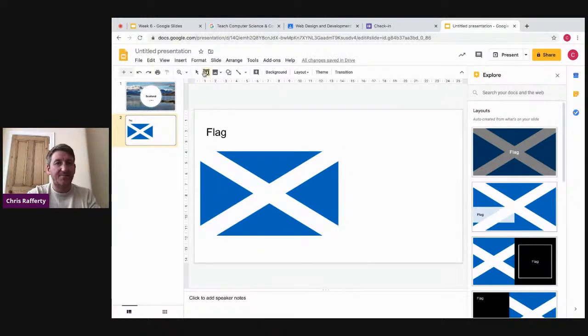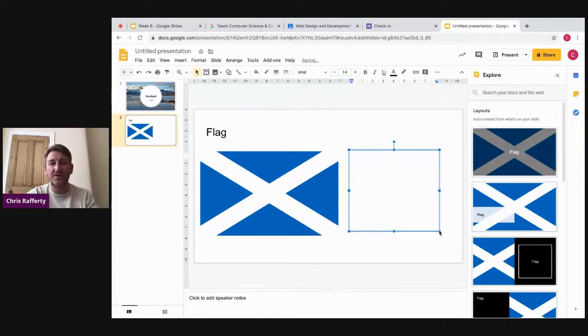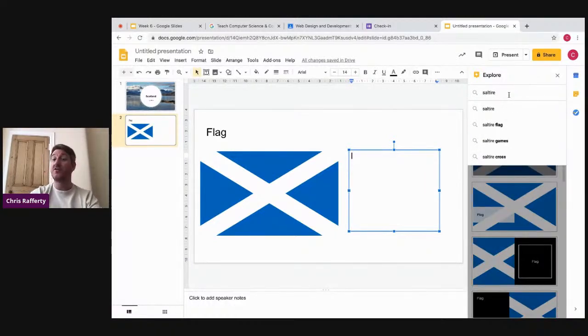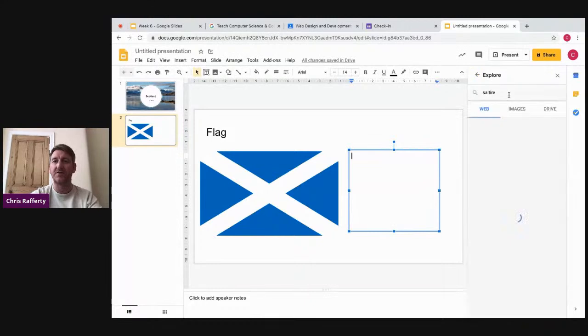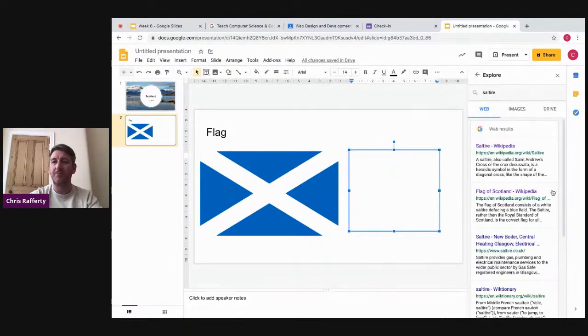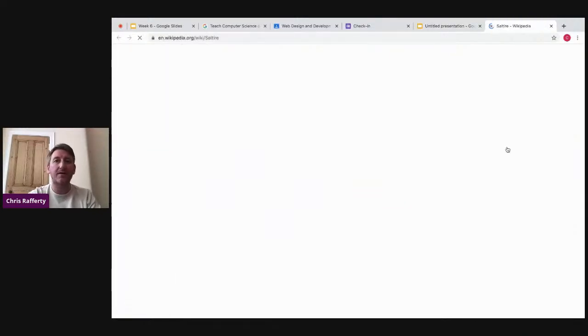I'm going to add in a text box, and I'm going to use the Explore tool again. So text box, and this time I'm going to search for information about the Saltire. And again, I don't need to leave, I can just search, and then I've got a bunch of web pages about the Saltire. So I'm going to open up Wikipedia,